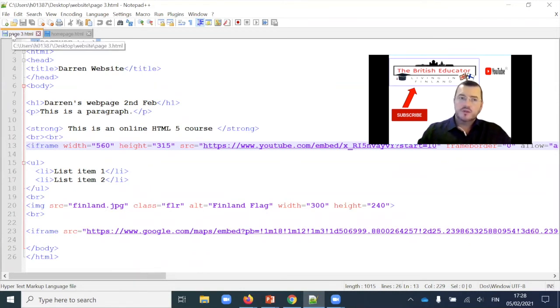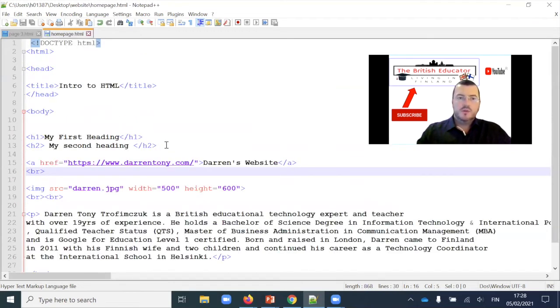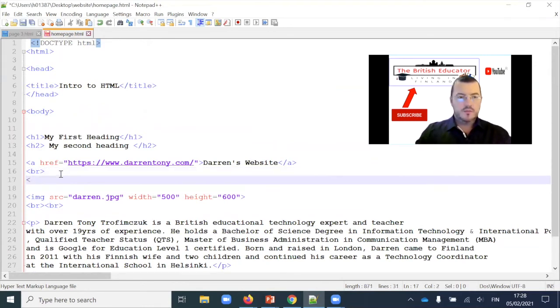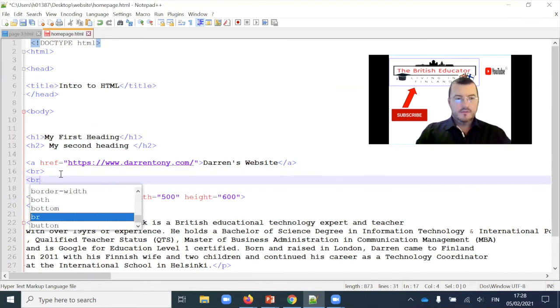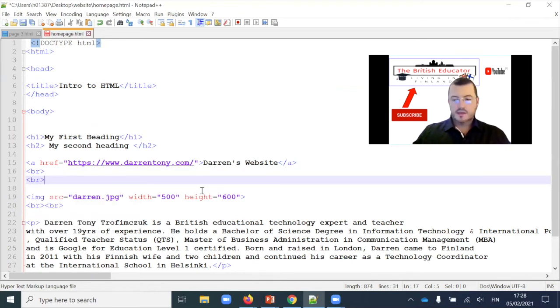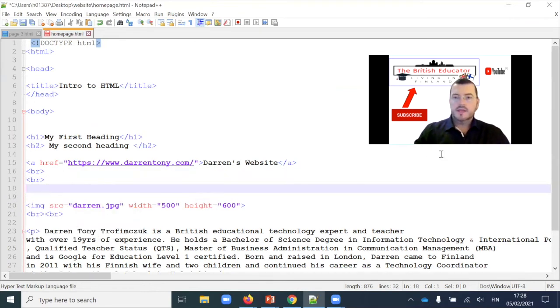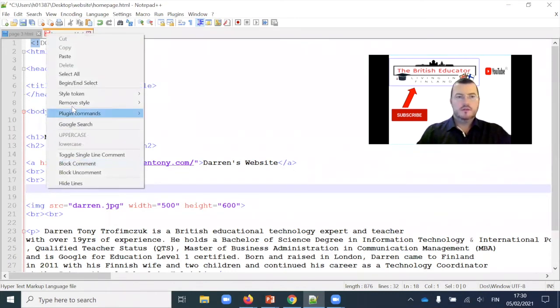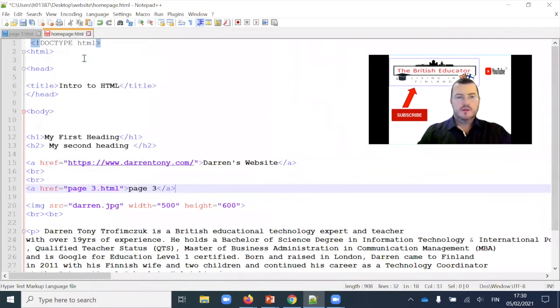So it's exactly the same process as before. Then I go to the page where I want this hyperlink. Let's just make another BR tag and put this underneath, and then enter. And now the next step is to put the code. I'm going to use the same attribute as I did before, href, but this time I'm going to put the name of the page that I've saved as